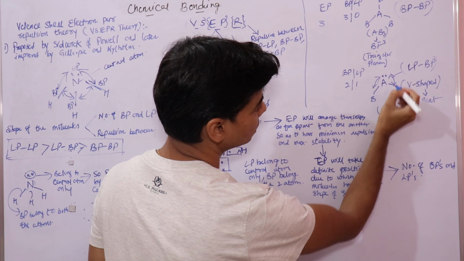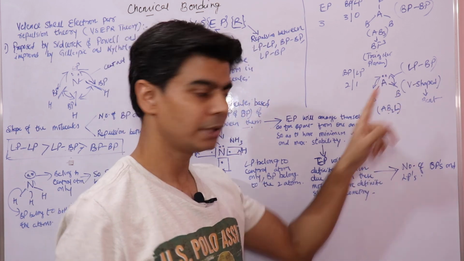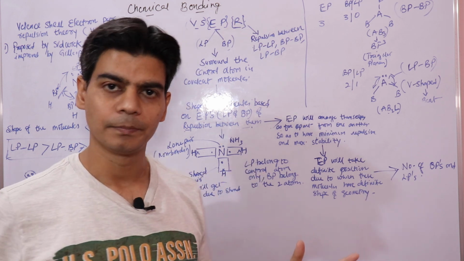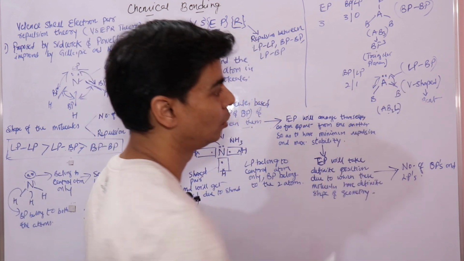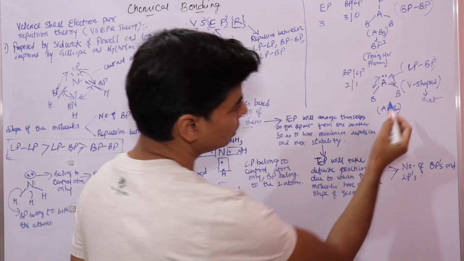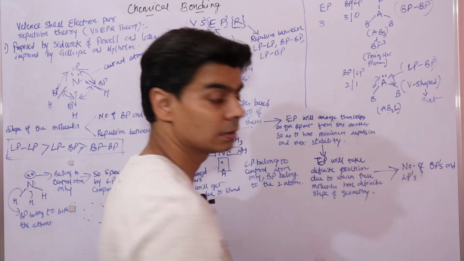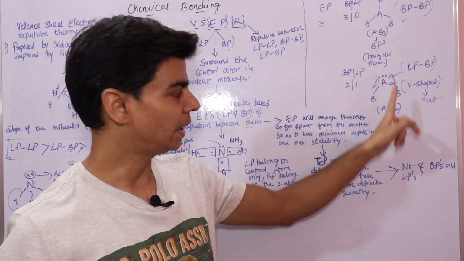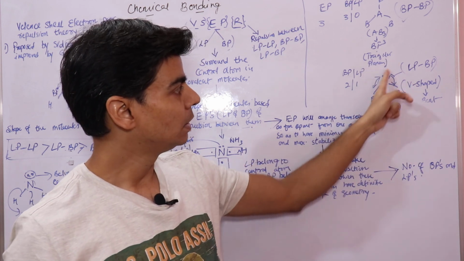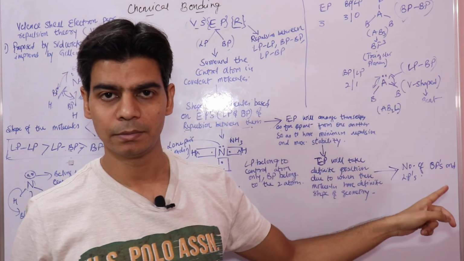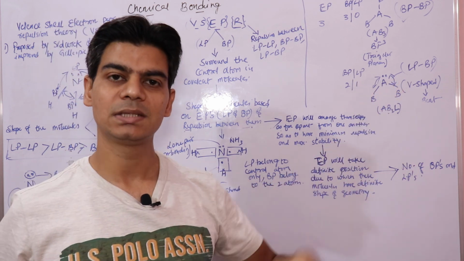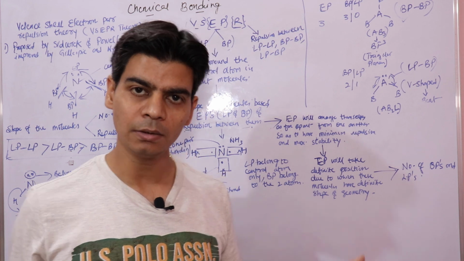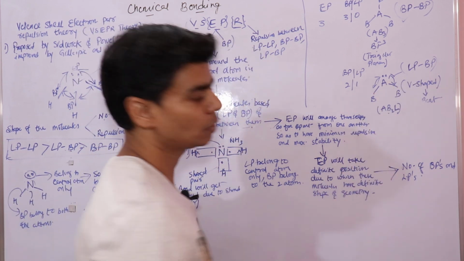Due to this repulsive force, these bond pairs and lone pairs will arrange themselves. They will try to be away from one another, right? Because the electron cloud of this lone pair is bigger, there is more repulsion compared to this. So that is why the presence of 1 lone pair has changed the shape of the molecule from triangular planar to V-shaped, right? Because of increased repulsive force, these bond pairs and lone pairs will move far apart from one another, thereby acquiring a V-shaped or bent shape,